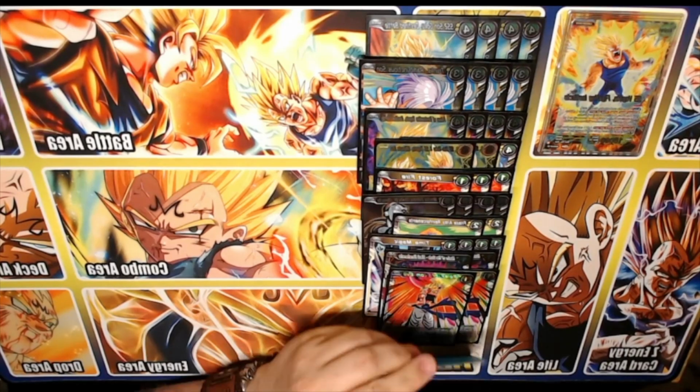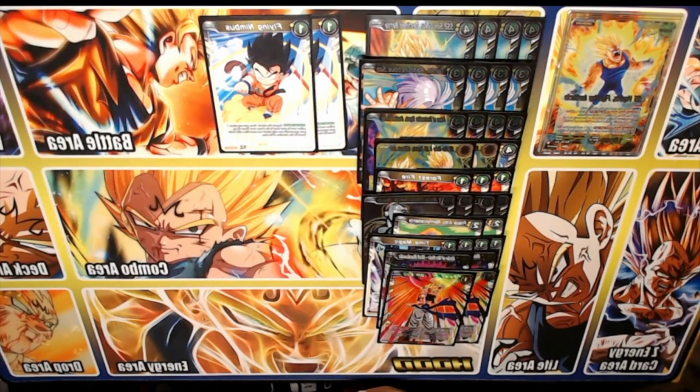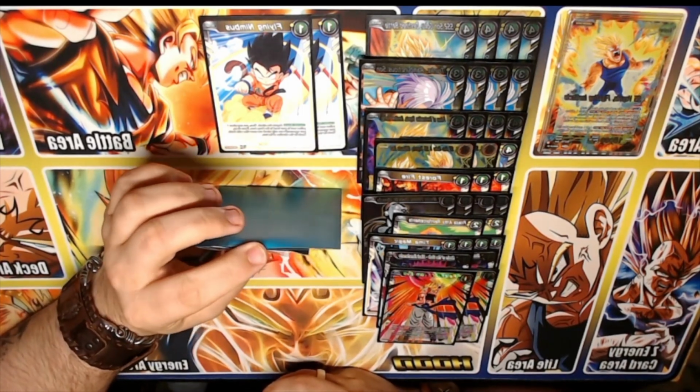Also play 2 Flying Nimbus. Pay 1, negate the attack. You can pitch a card so they can only attack 1 more time for the turn with battle cards. Just good. This deck does play a lot of, you want to get Z Awakened as quick as possible